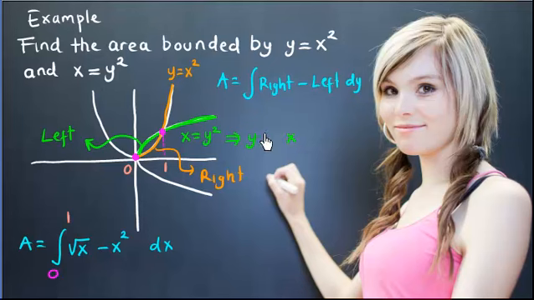Okay, and by using similar argument, since we integrate with respect to the y variable, we want to express all functions as a function of y. So we already did that for x equals y squared. Then we need to do the same for y equals x squared. So we need to solve this for x. Solving for x, we have x equals square root of y. Okay, so now the integral become